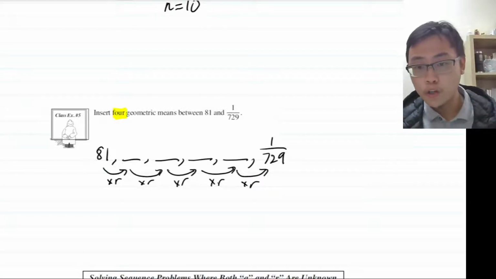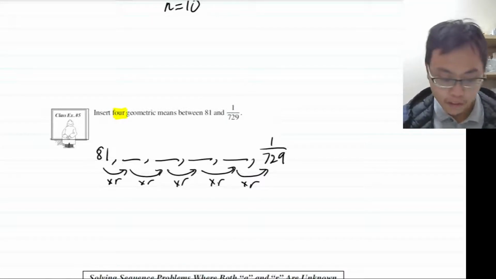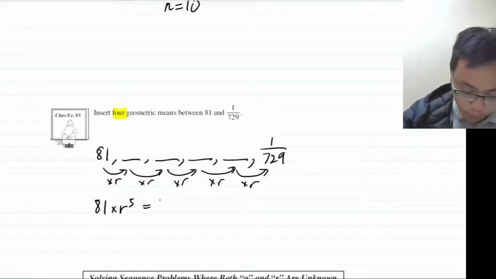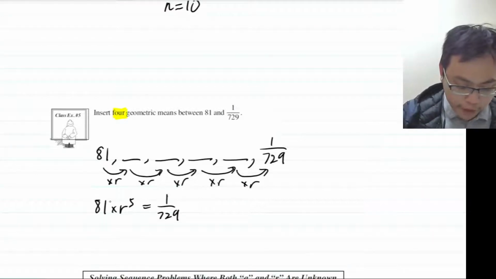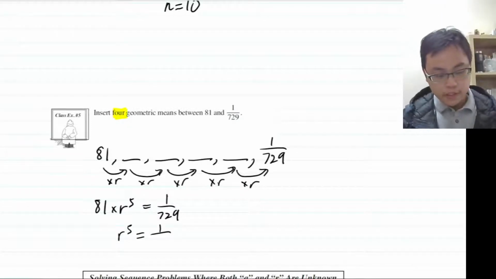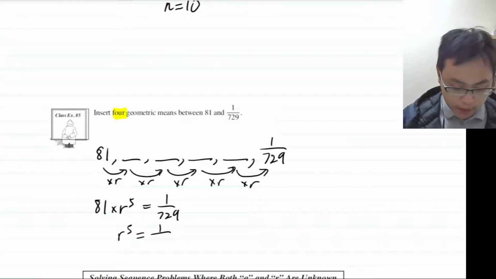So it's r to the power 5. 81 multiplied by r to the power 5 will give me 1 over 729. To find r, I'm going to divide 81 to the other side. So r to the power 5 is equal to 1 over 729 times 81,